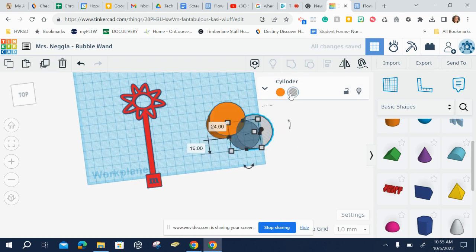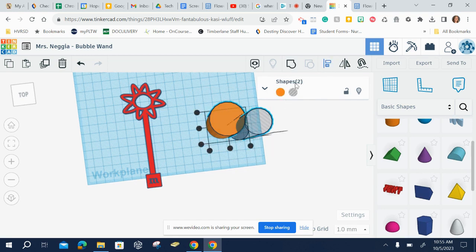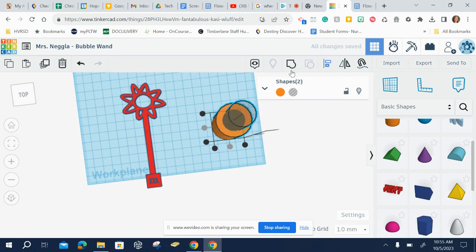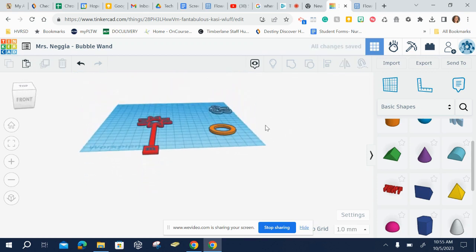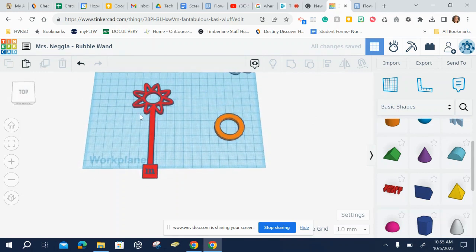I'm going to make the second one into a hole. I'm going to make it smaller and I'm going to make it really tall because it's a hole. It doesn't matter how big it is. So let's select these and let's align them. And if I wanted to make just a very simple bubble wand, I could do it like this. And of course, I'm going to change my height down to 2.5. Okay, and then I could create another